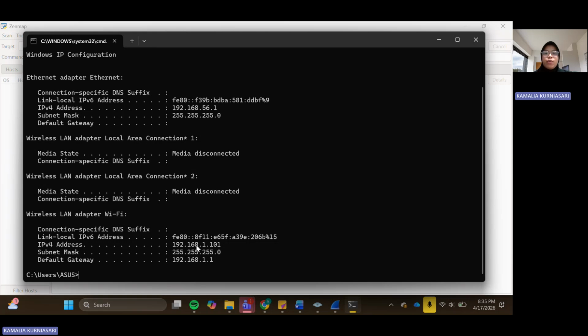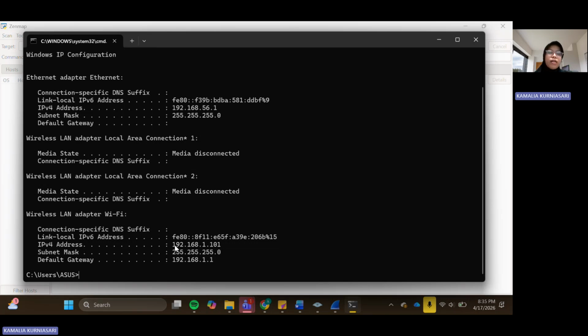This IP address will be used as the target for scanning in the Nmap application. After obtaining the IP address, we can proceed to the scanning process using Nmap. In this practical session, several types of scanning methods were used, including ping scan, regular scan, intense scan, scan all TCP ports, and slow comprehensive scan.